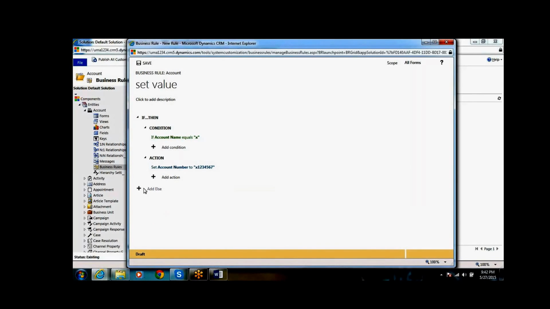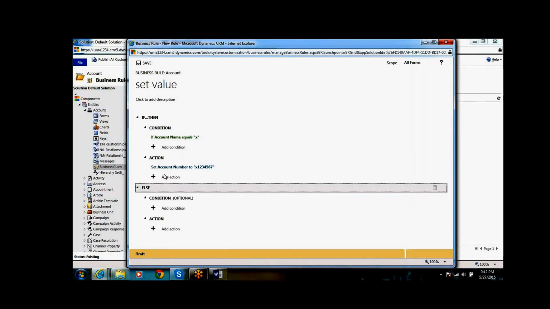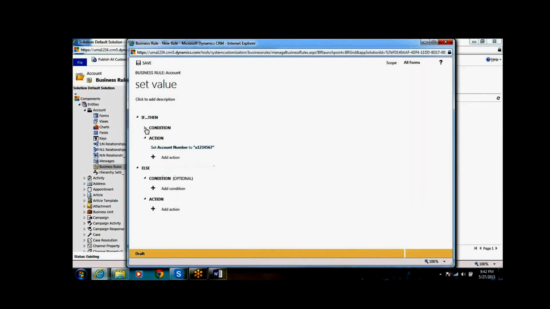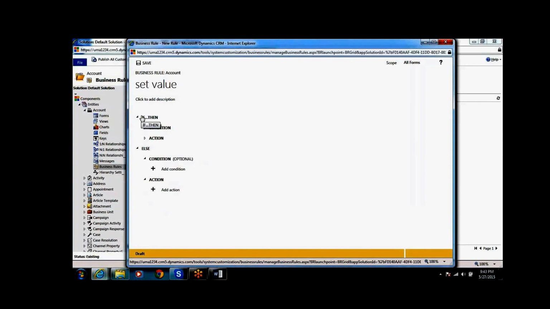Here I'll add a condition, an else condition. If the condition is false, then what does it have to do? This else is optional; if you want, you can add it.